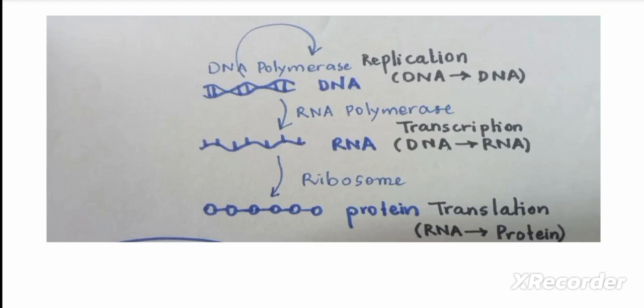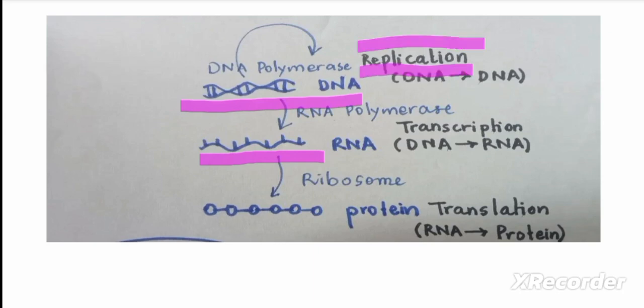In this diagram you can see that first this is a DNA molecule, and this DNA molecule carries the information needed to make the protein, and this is an RNA molecule. The RNA molecule acts as a messenger that carries the information to ribosomes. So first DNA